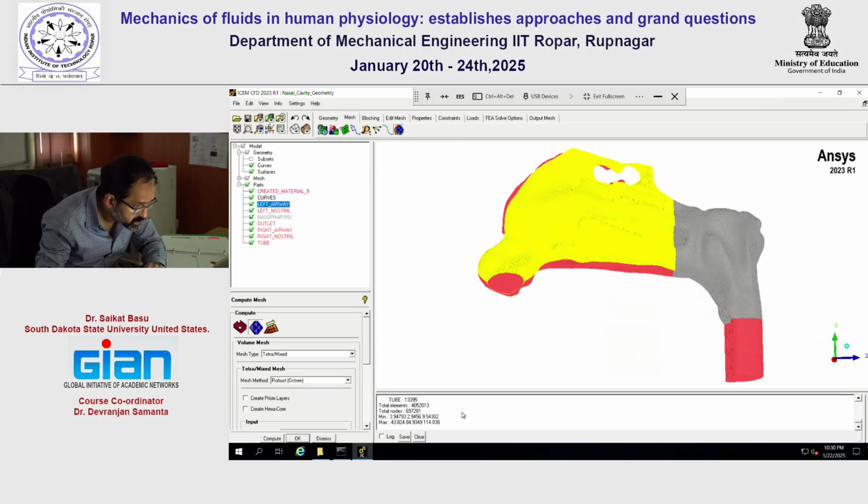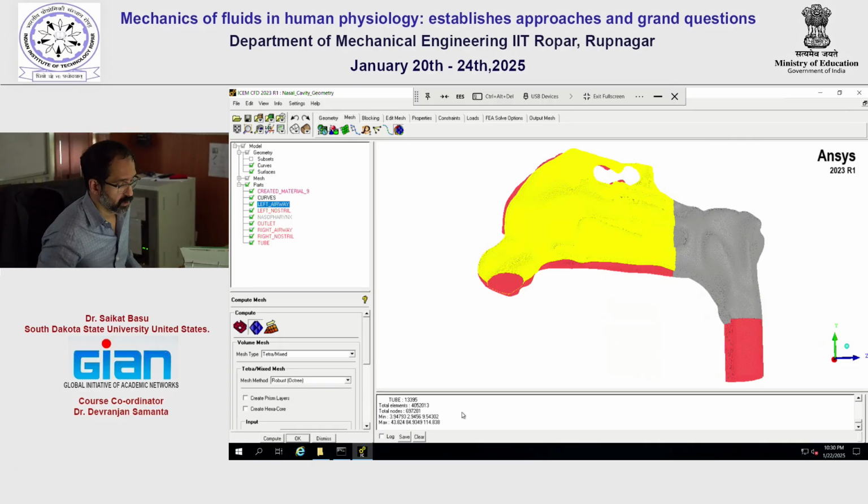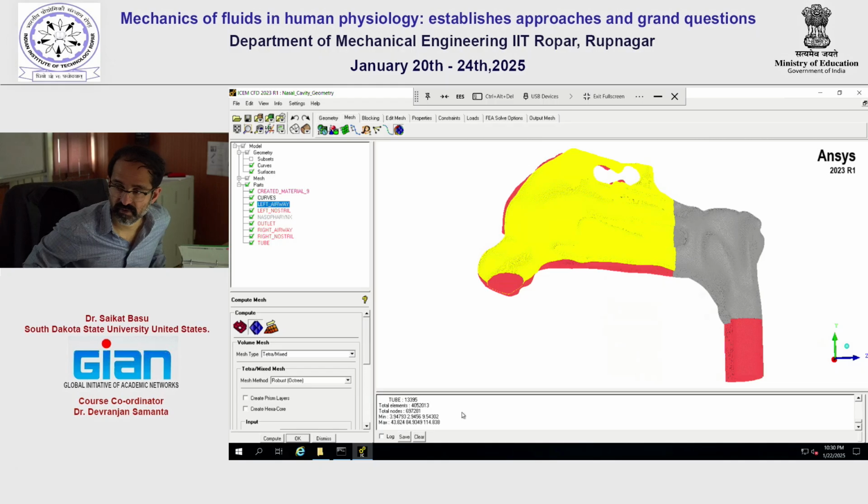See, the total elements is 4052013, 4 million. So that was the gold standard that I was trying to hit. And that's how I got those meshing parameters, because initially I probably got something less than 4 million or sometimes more than 4 million. More is great for simulation, but of course,